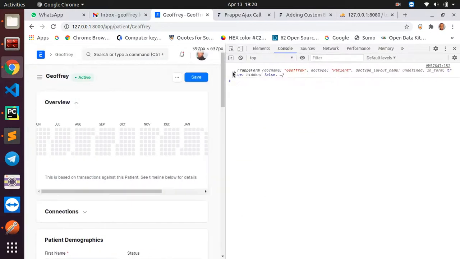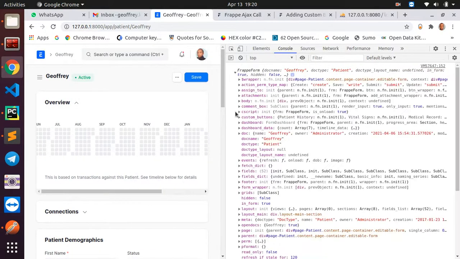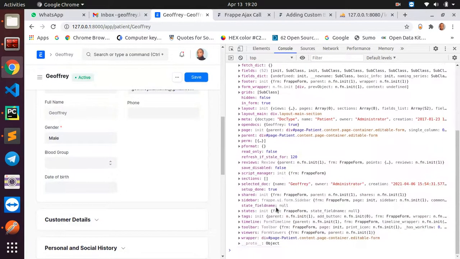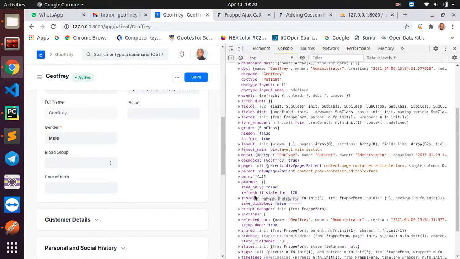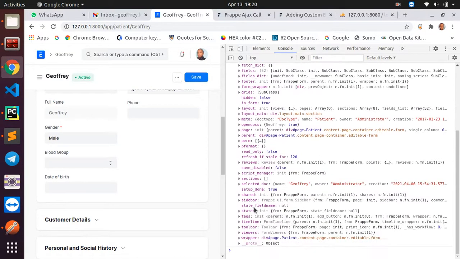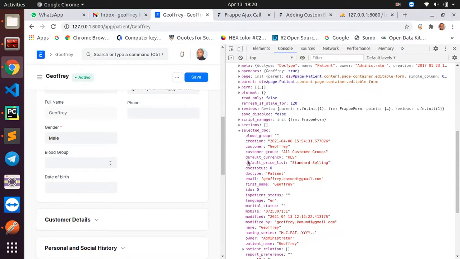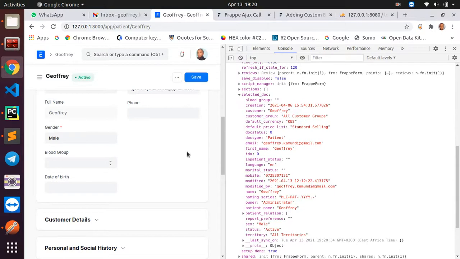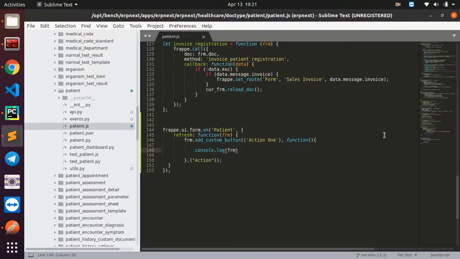As you can see here, I have the doc type. Opening it, there is a lot of stuff from this form that has been logged here. But today I will be interested in the selected doc detail here. So this selected doc is what I'm interested in. So if I come to my form here and then I say selected doc, so log the selected doc,